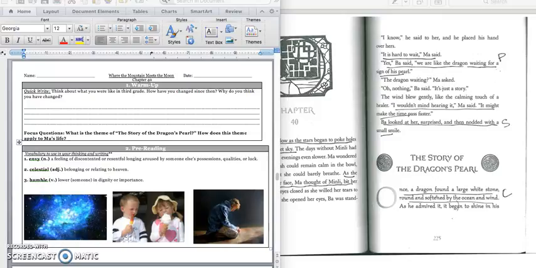Good morning, fourth grade. Today we're going to continue reading Where the Mountain Meets the Moon. We're almost done with our first chapter book. But before we get started, we are going to